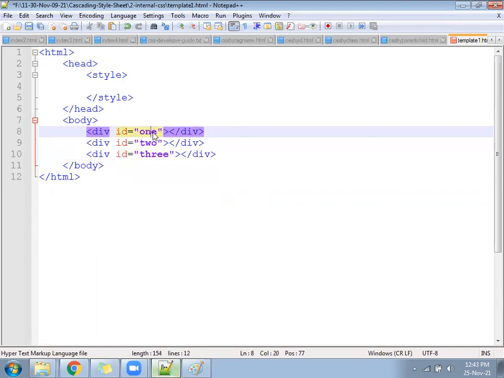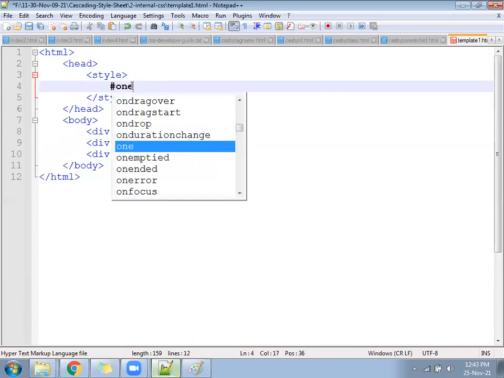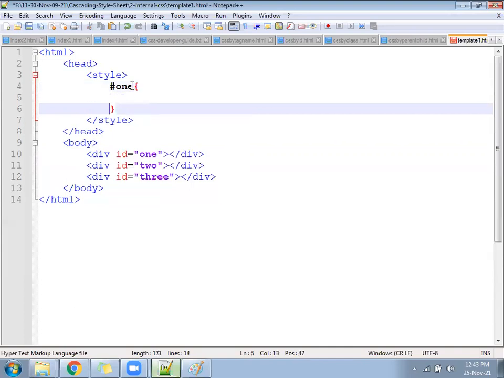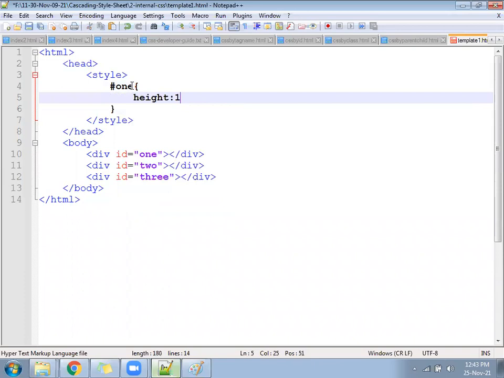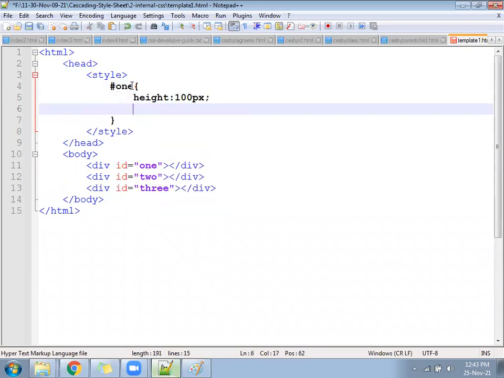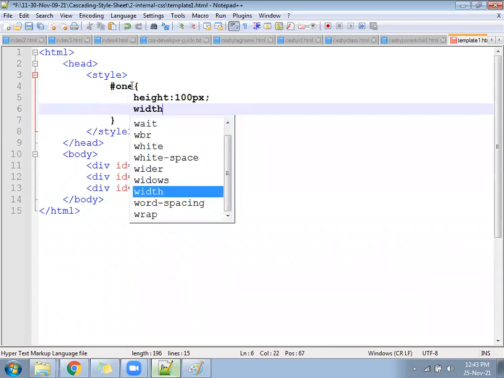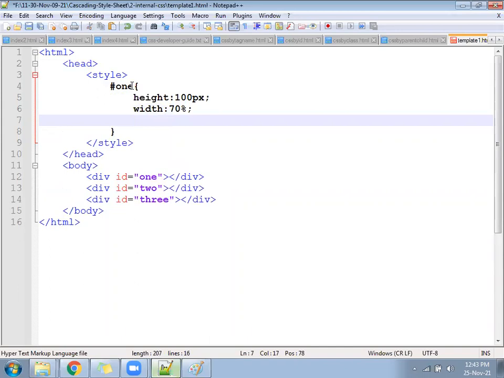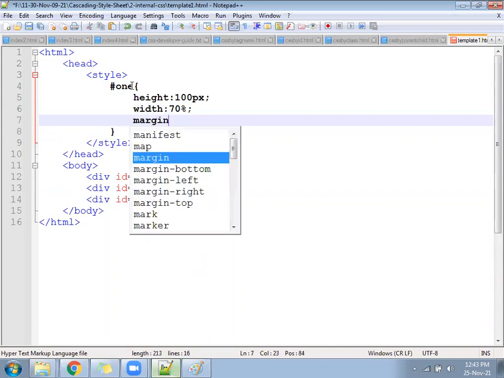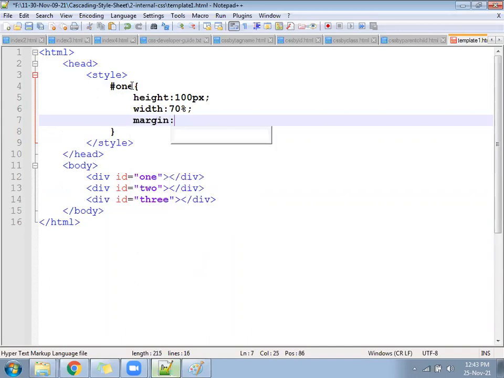Now for 1, what do you want? For 1, we want it like this: height is 100px, width assume 70%, and margin auto.